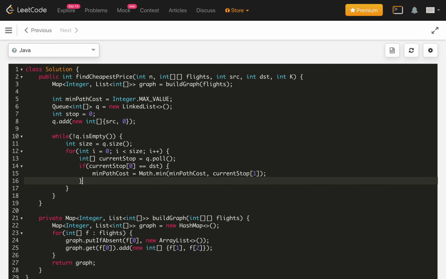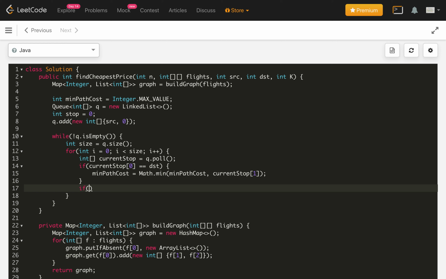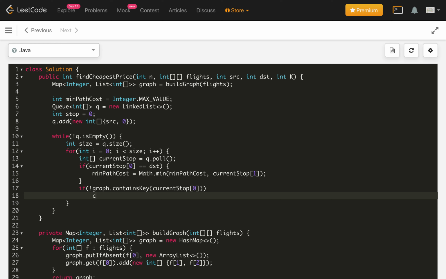Once we are done, we will check if there is no path after that city. So basically, if graph does not contain the key current stop of 0, then we just continue.